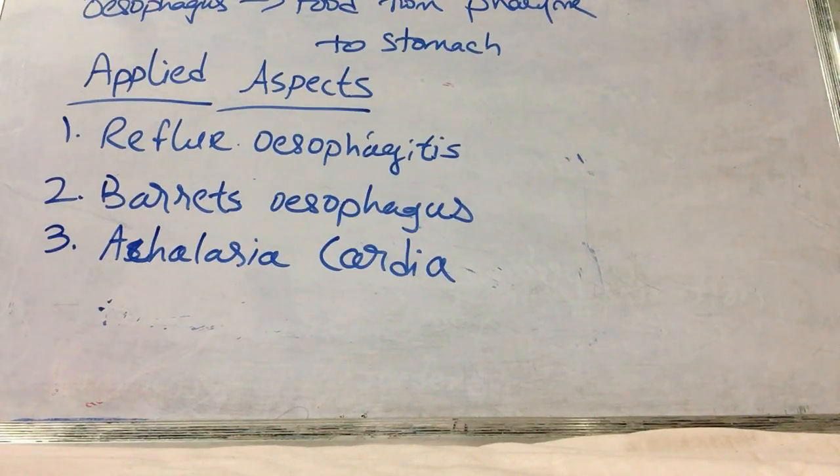However, in some individuals, the resting tone of the lower esophageal sphincter is high. Since the tone is high, the lower esophageal sphincter will not relax or fails to relax completely during deglutition, and this causes inadequate emptying of the esophagus, and the food collects in the esophagus and the organ is massively dilated. This condition is called achalasia cardia.